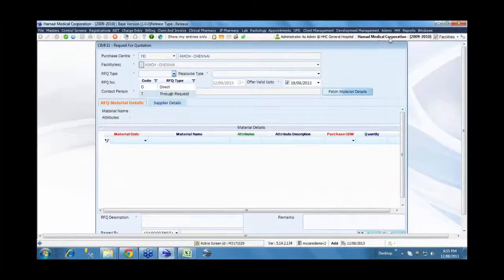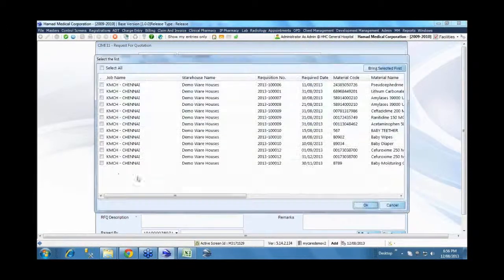Based on the purchase requisition, we are sending a request for quotation to certain suppliers. Here, the request for quotation can be a direct request or based on a purchase requisition which is already raised. In this case, we will choose the request itself and the type of material, and it can pull all the pending information for which a quotation needs to be raised.